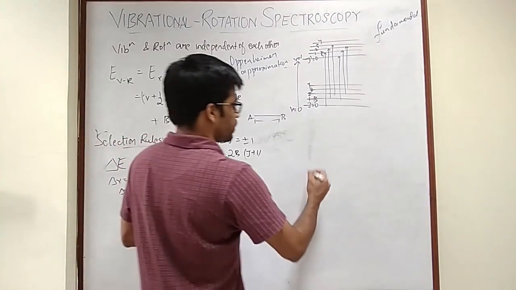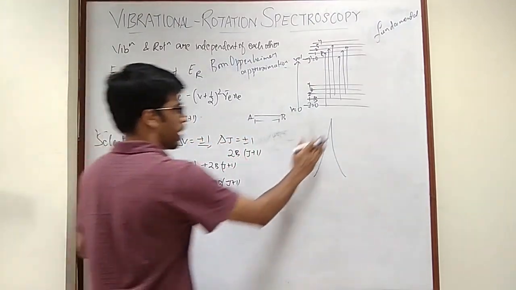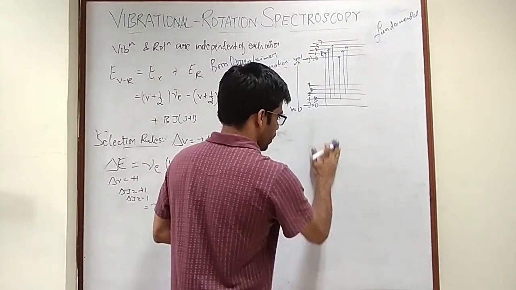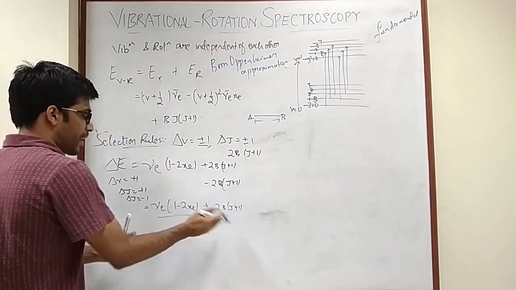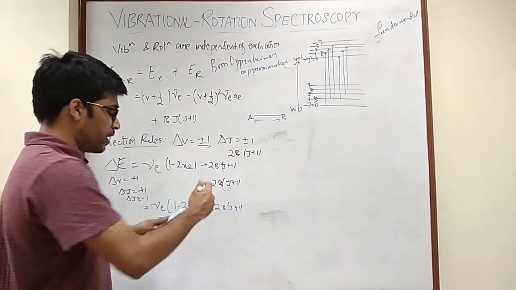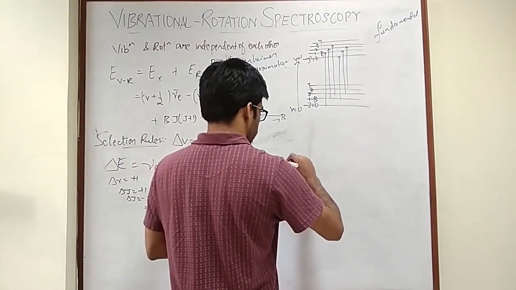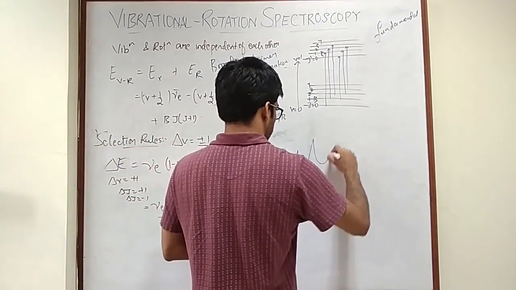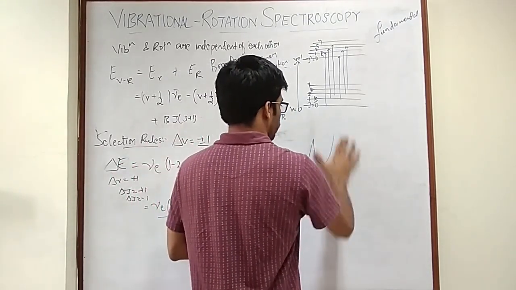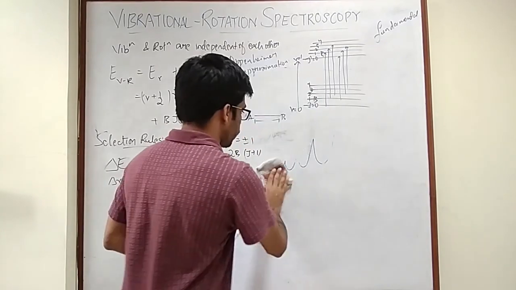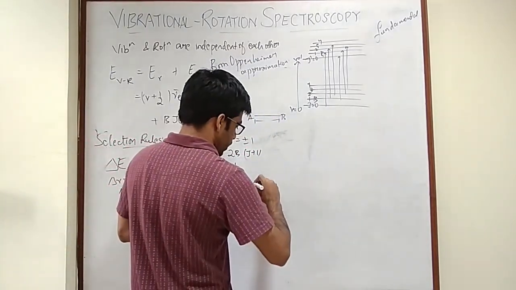So that means you will see that you will have some peak, let's not say this is a large peak, that you will have some value of this from which this part is deducted and this part is added, depending on whether delta J is plus or minus. So what is the kind of graph that you will see? So what you will see is